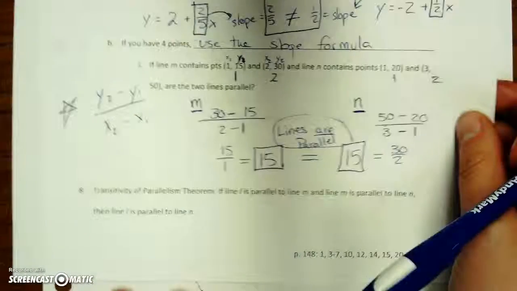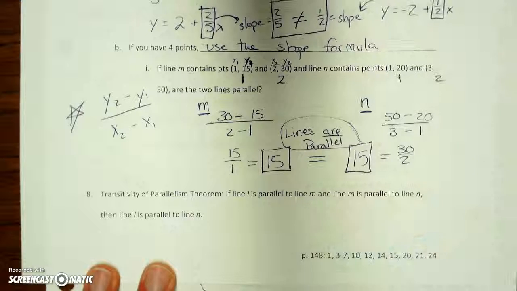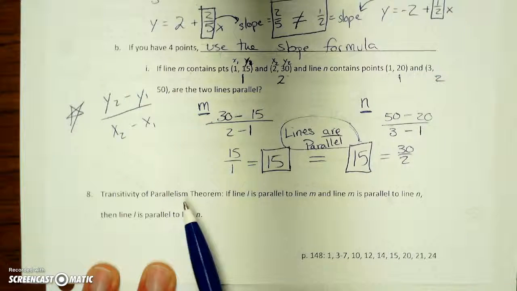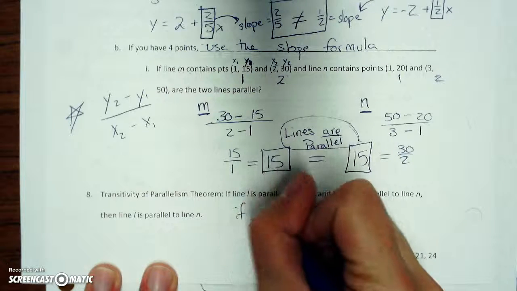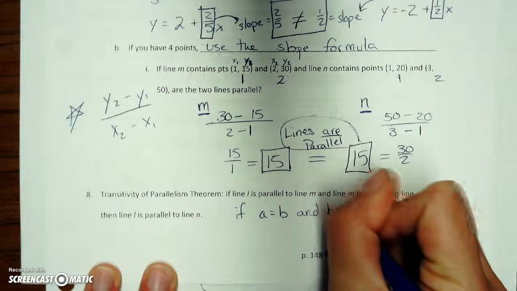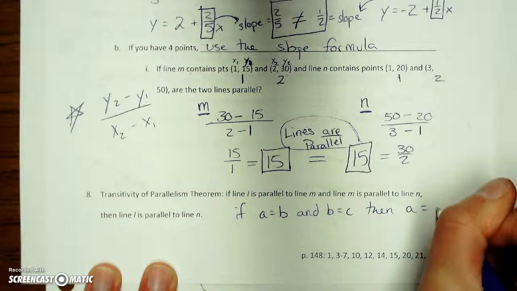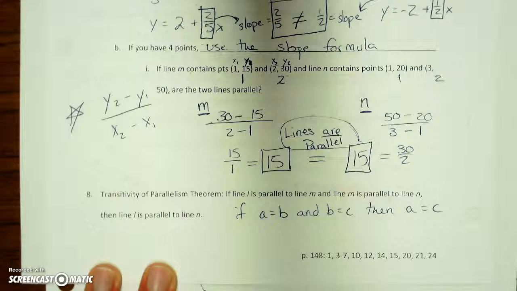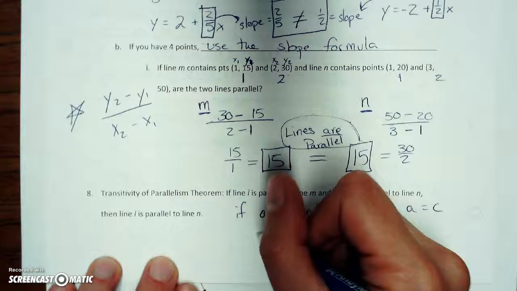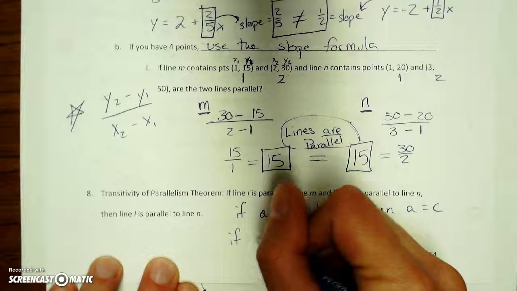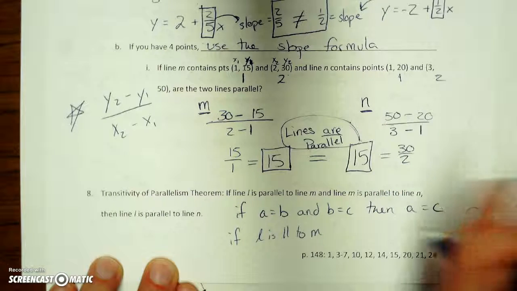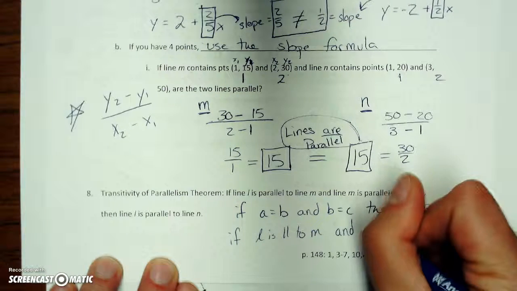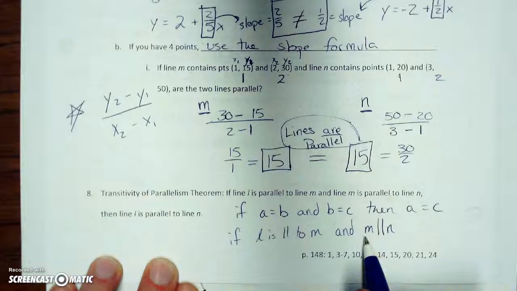Lastly, that brings us to a final idea, and that is the transitive property of parallelism. So when we talked about transitivity before, we talked about if A equals B and B equals C, then A equals C. The same principle applies to parallel lines. So if L is parallel to M, and, as you're going to see abbreviated, M is parallel to N, so M is parallel to N,